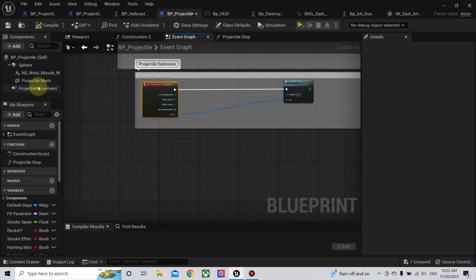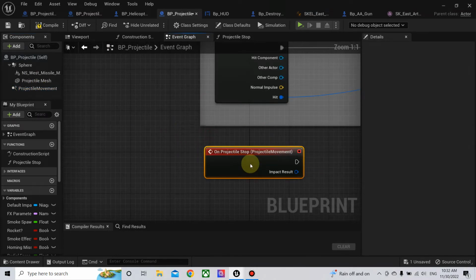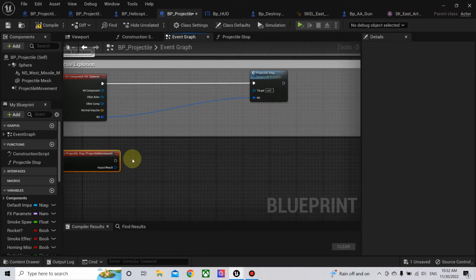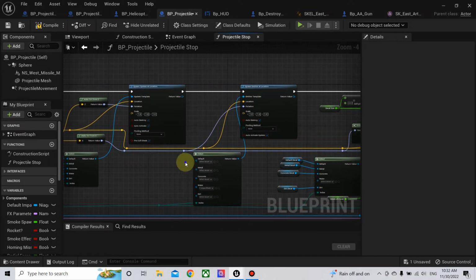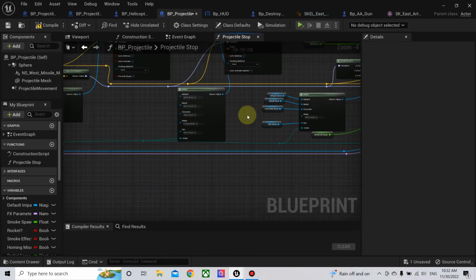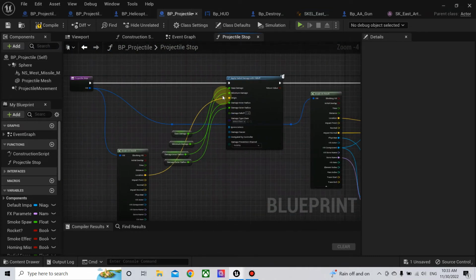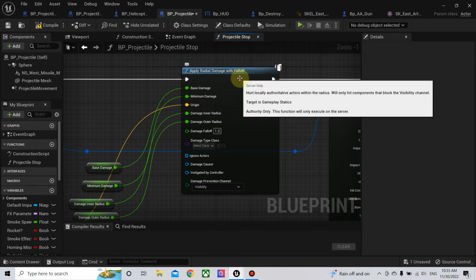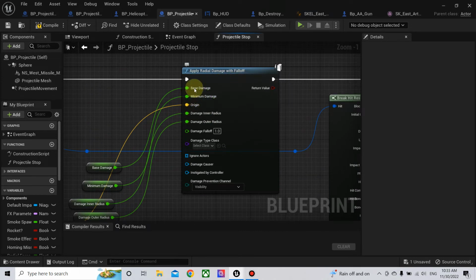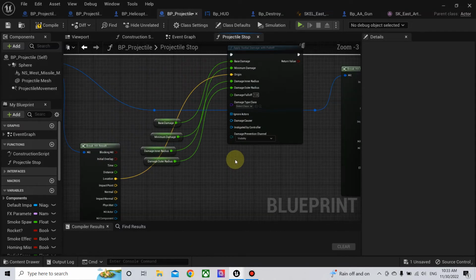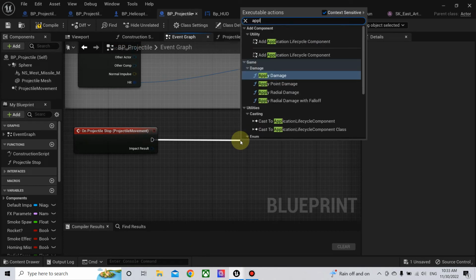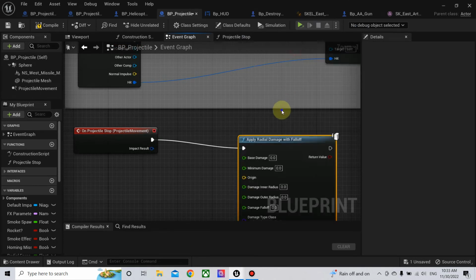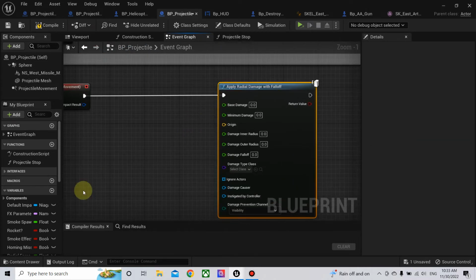Now let's get projectile stop, and in the projectile stop function that I made, first I add the apply radial damage with fall off, set the base damage, minimum damage, and origin. Let me make it again here. Apply radial damage with fall off, base damage